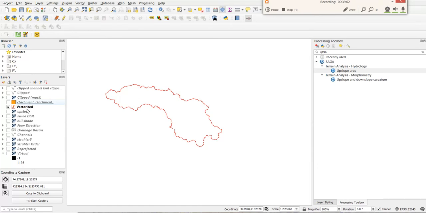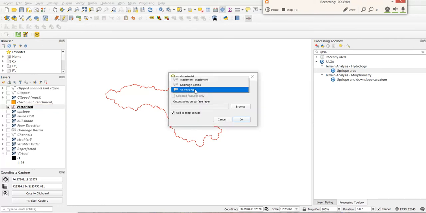Here is the symbol of Real Centroid, and I just click here. Now it asks for which polygon you want the centroid. I say this vectorized layer, I need the centroid of this.